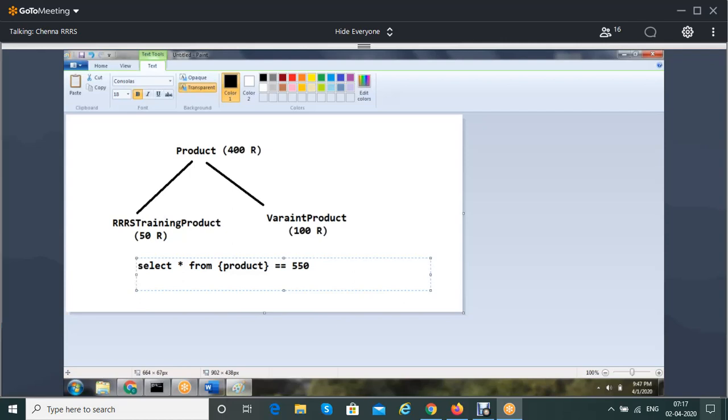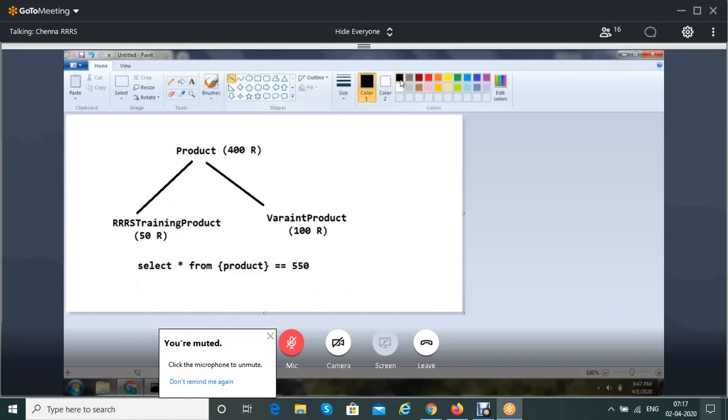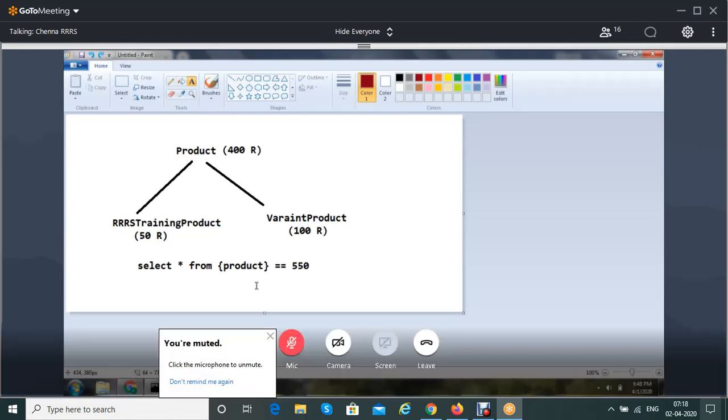Now let's say in your project, in the product page, you are not using this. If you are not using this, why do you need to get these 50 records? It's a performance issue, right? You are only using the product table records, not the inherited records. Lots of developers just go and write this, and they don't observe that it is returning the inherited records. If you are not using the inherited records, don't load them, don't fetch them.